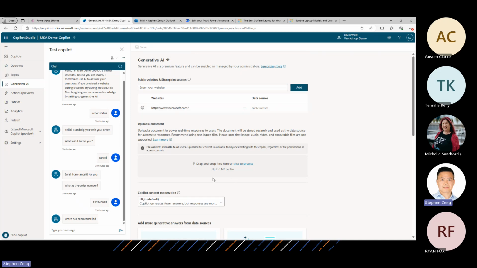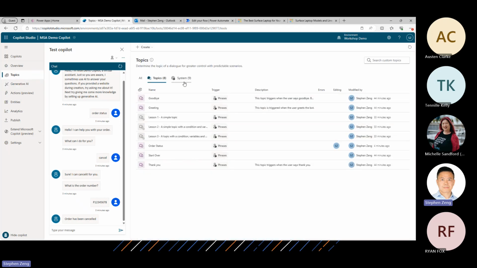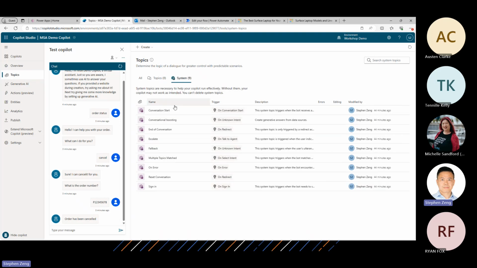You can also upload documents here. It supports a lot of types and formats, including Word, PDF, Excel, etc., as long as each file is no larger than 3 megabytes. Once it's provided, how it works is that in the topics, there is a system one called